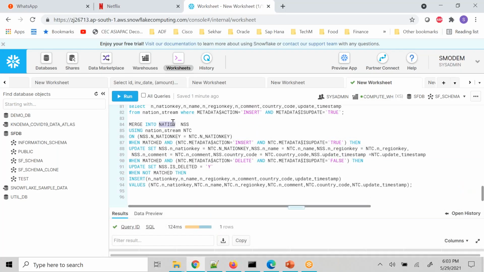Merge into nation. This is my target table, using nation stream, because the data delta is in the stream, and the condition keyword is nation key. Because you have to identify if the record exists, then you have to update it. If the record doesn't exist, you have to insert it. If the record is deleted, you have to delete it. But here we don't delete it, we do a soft delete. Instead of deleting from the final table, we update the same record with the is deleted flag equal to Y. So we'll see that. So when I run this, right,